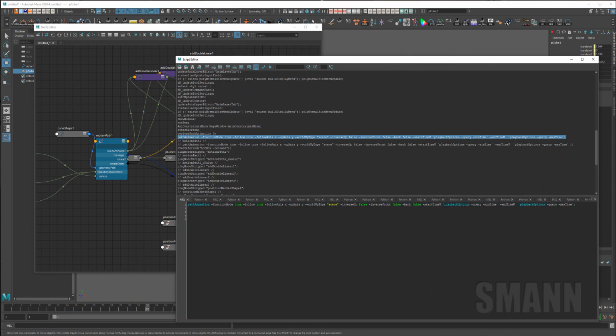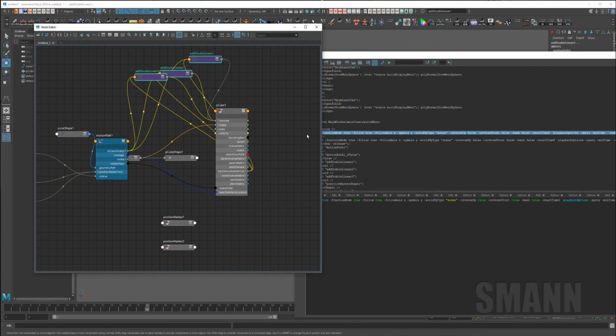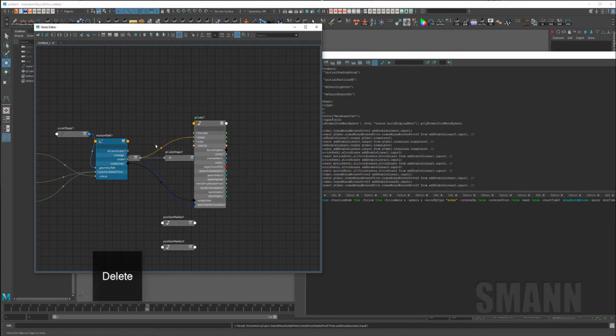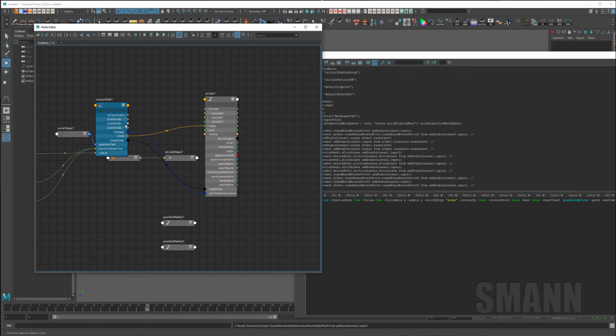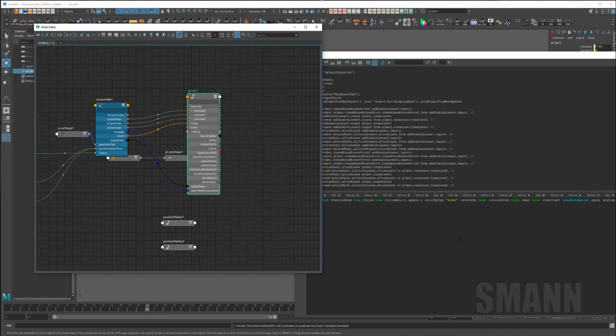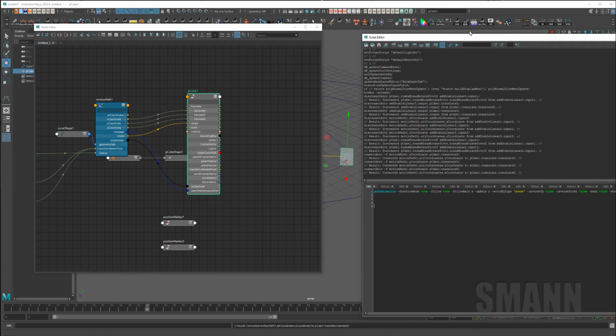And you see here, it's getting the min and max time for the start time u and end time u. So it's even running a script, or a command I should say, to get the start and end time. So we don't really want any of this, because what it's going to do is still put in those add double linears, which were causing some of the problems to begin with, right? So instead of doing the path animation code, I'm just going to create this using the create node